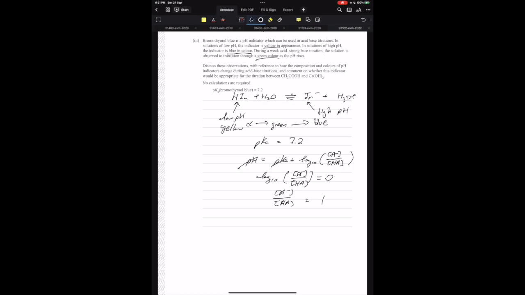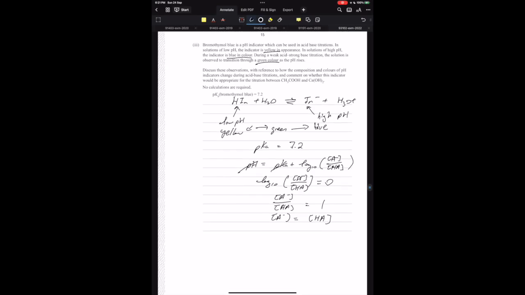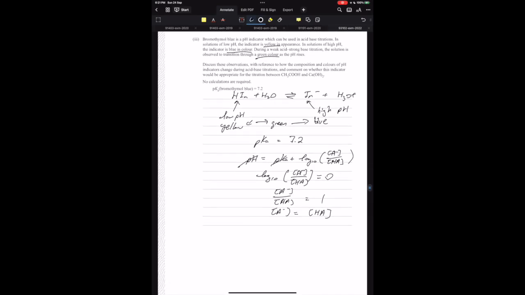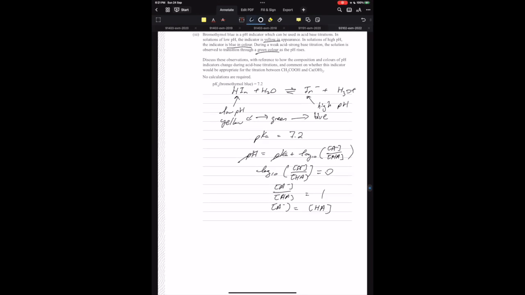So that means the concentration of the acid and its conjugate base are equal. And this is also the half equivalence point in any titration. So what does this mean in the case of bromothymol blue? That means when the pH is equal to 7.2,